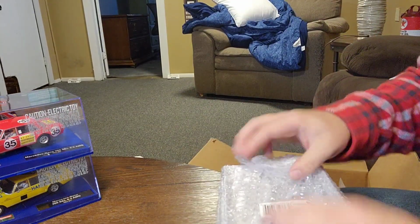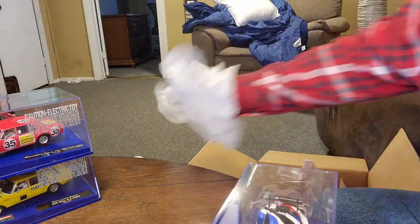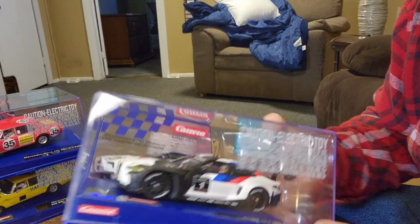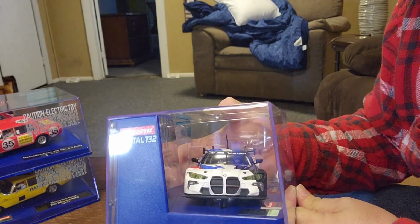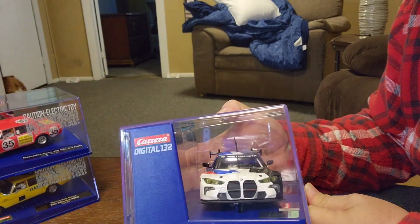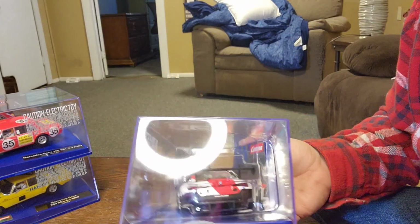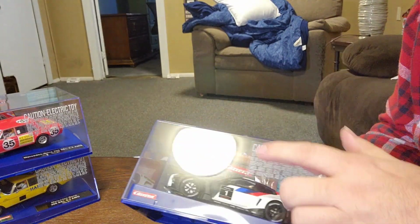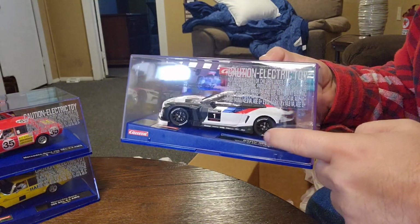Let's see what this one is. Oh, wow. This is another new one to me. This is a BMW M4. Look at that. Everybody says it looks like beaver teeth in the grill. I think it looks mean. Oh, it's got yellow headlights. Whoa. Man, that's going to be fast too. Oh, wow. Now this is another one where I've ordered another paint scheme. That stupid light. Another paint scheme of this,